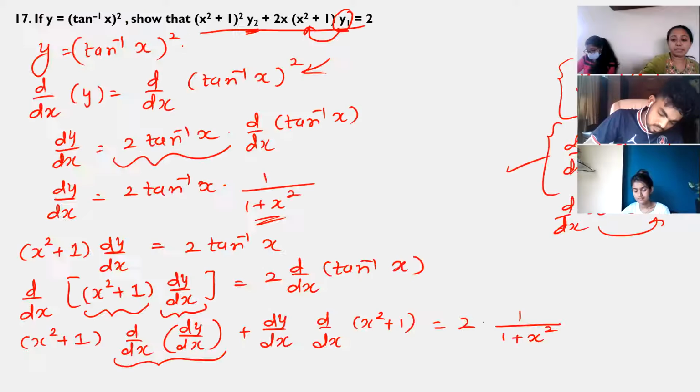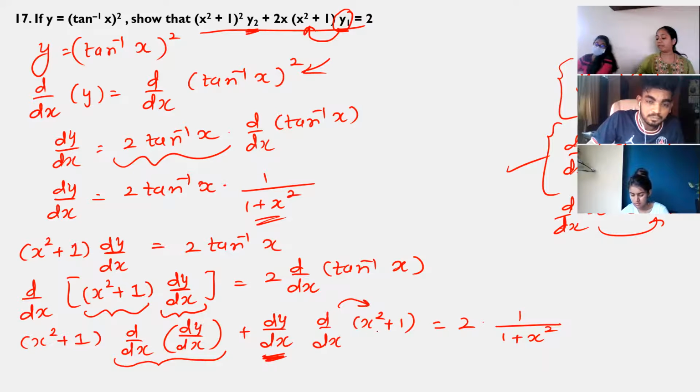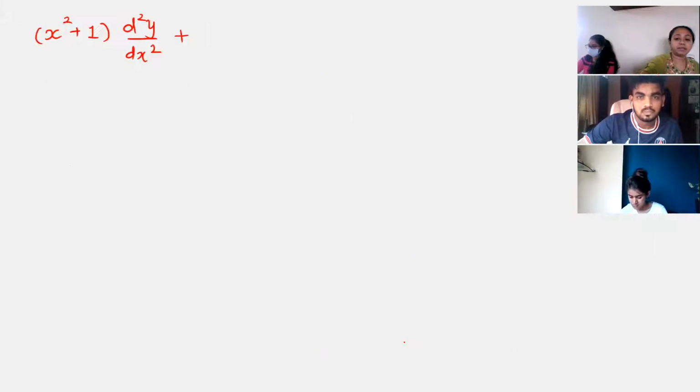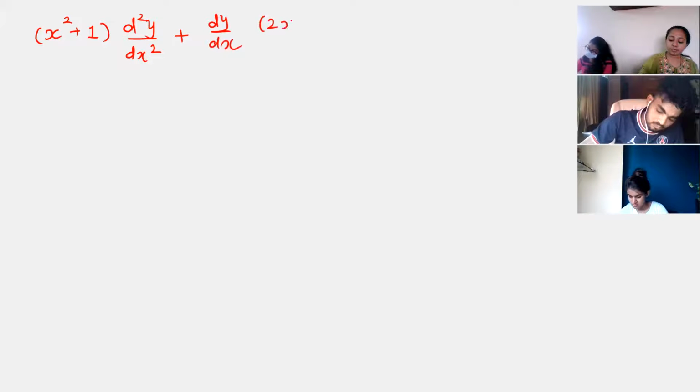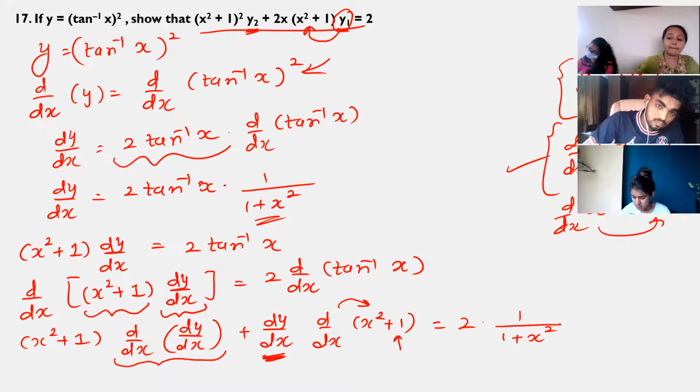Plus dy by dx as it is, and the differentiation of x square plus 1. X square gives 2x and plus 1, the differentiation of 1 is 0. So only 2x. That means dy by dx into 2x is equal to 2 by